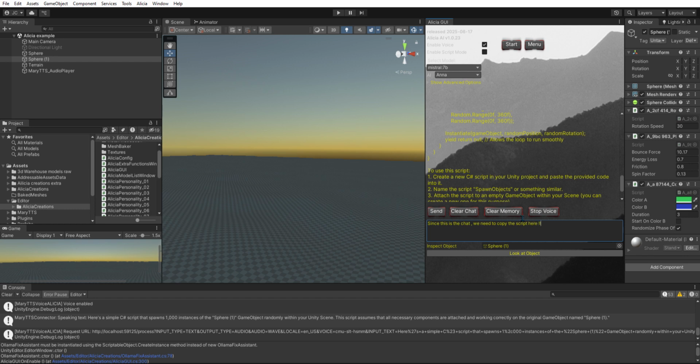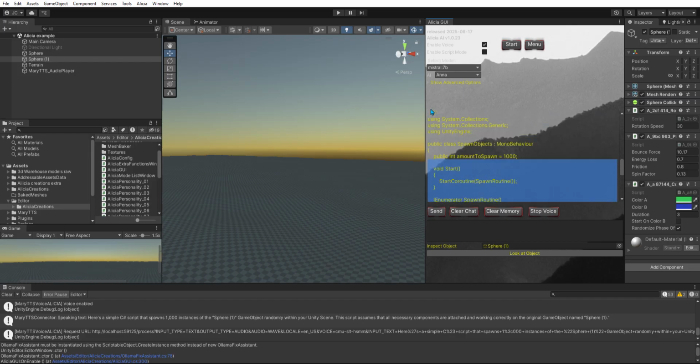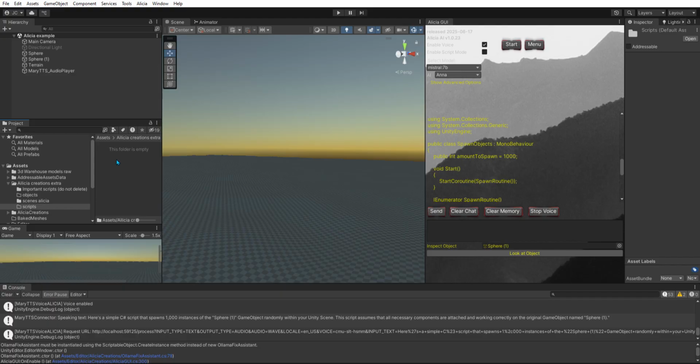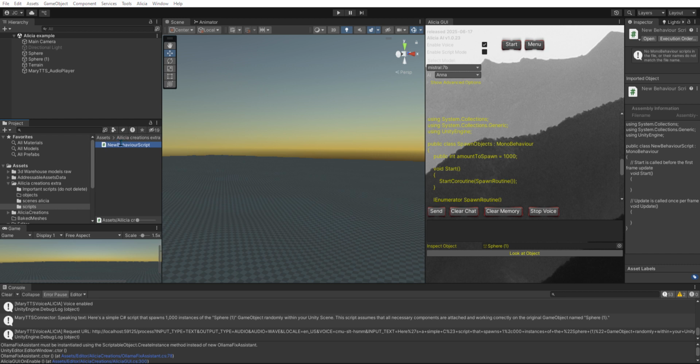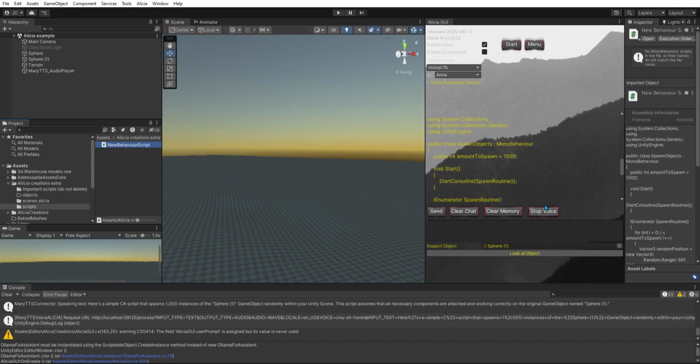Void Start, StartCoroutine(SpawnRoutine). IEnumerator SpawnRoutine, for int i = 0; i < amountToSpawn; i++, Vector3 randomPosition = new Vector3(Random.Range(-50f, 50f), Random.Range(-50f, 50f), 1f), Quaternion randomRotation = Quaternion.Euler(Random.Range(0f, 360f), Random.Range(0f, 360f), Random.Range(0f, 360f)), Instantiate(gameObject,